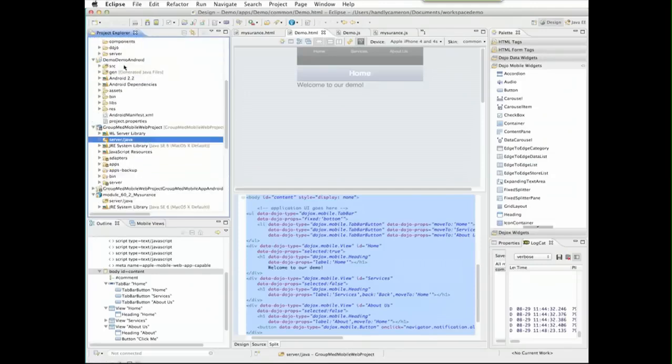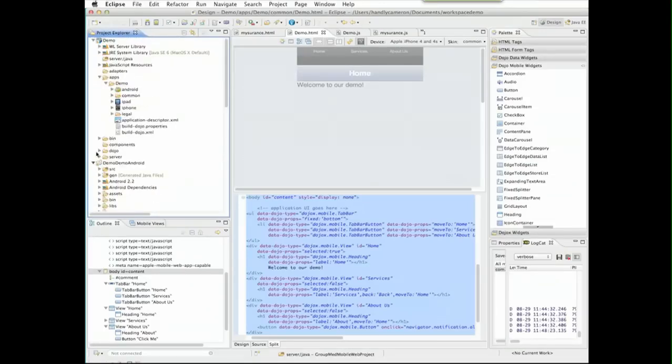The other thing that happens here is we saw the demo, and we see down here under the bin category is actually my application compiled as a WAR, so that's what gets put on the server, but I also have individual Worklight app files. There's an "all", which is what you would think it is, and then individual Android, iPad, iPhone, etc. When I want to deploy the application, I can actually give those to, maybe, a server infrastructure group that says, we really don't want our developers just pushing things out to the server or dropping them on there. I can put these in and set them up so that they can upload those files. And what that looks like,